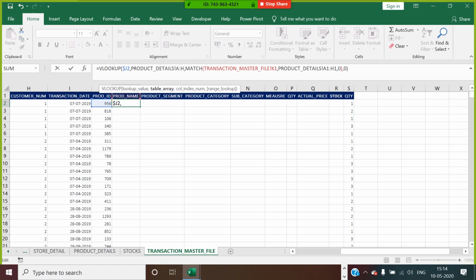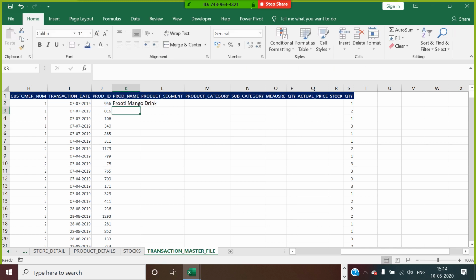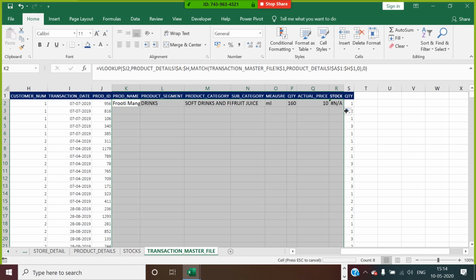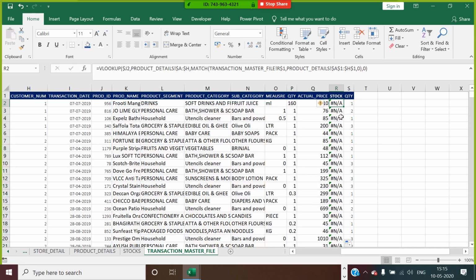I need to make this a constant, or we call this an absolute reference here. I give it to 1 as a constant. Here in this case it is going to be $A, $1. Why am I doing that? Because it's not going to change at all. So I drag this to the right and down. So I will not get stock information.